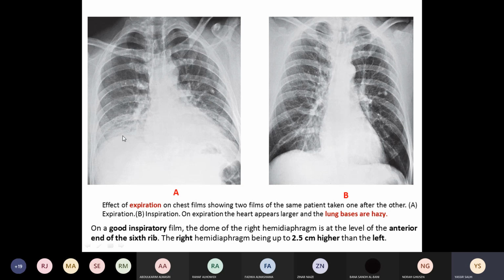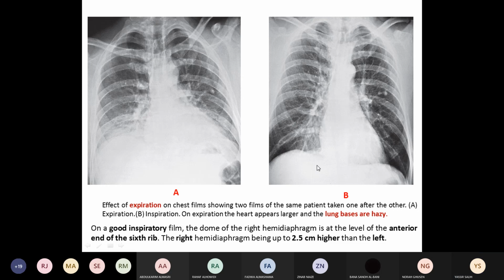But if the diaphragm is higher, at the level of the 6th or 5th, it means this patient did not take a deep breath. So in a good inspiratory film, the dome of the right hemidiaphragm is at the level of the anterior end